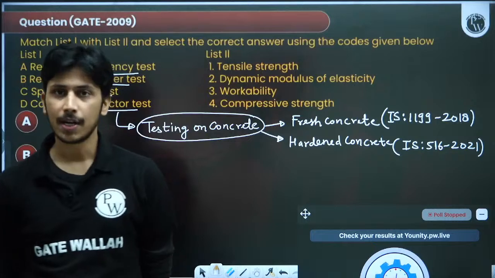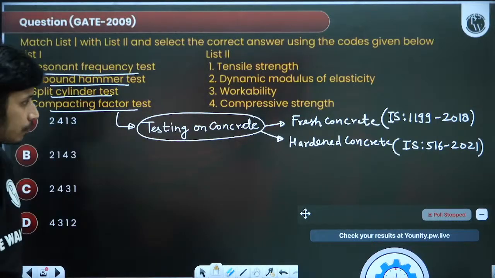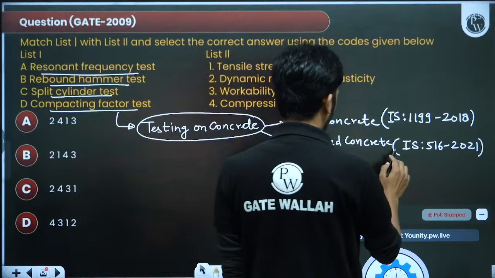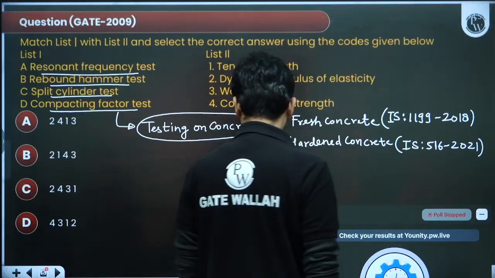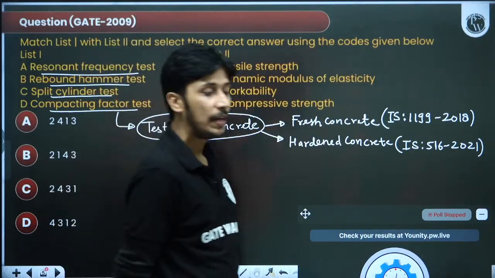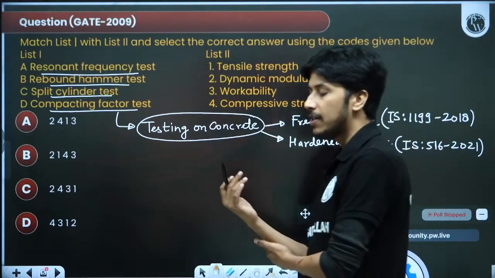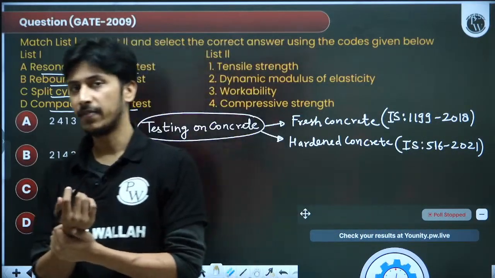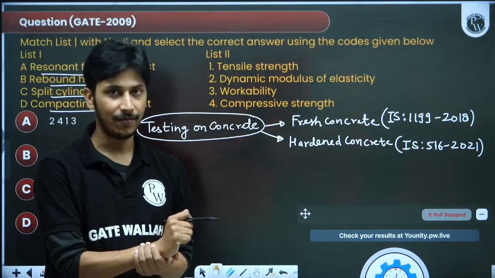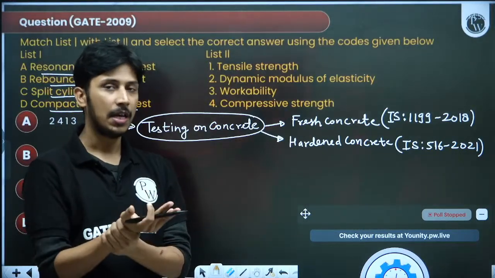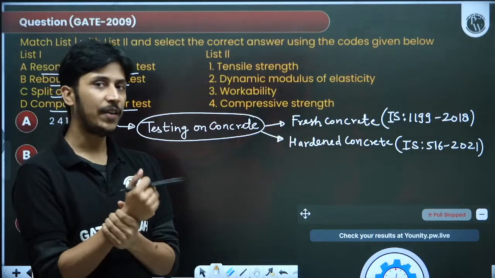Like a steel code had been revised in 2007. I think recently there has also been some update in the steel codes. And the loading codes, like the wind load code, has been revised in 2015, because the loading code we generally study is IS 875 1987, but the wind load has been revised in 2015. So IS 875 part 3, that is for wind loads, is revised in 2015.